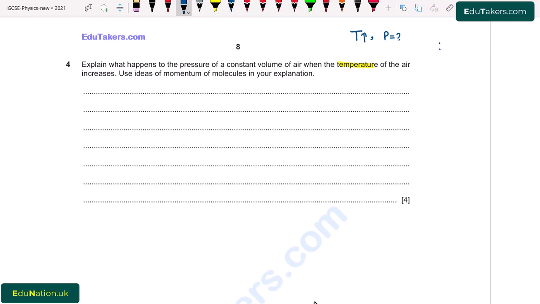So I consider that I have a gas and when I increase temperature, it means that I heat this, then its temperature increases. And when the temperature increases, then its kinetic energy also increases. And we know that kinetic energy is equal to half mv squared. With the increase in kinetic energy, the velocity of molecules also increases. So I write here velocity increases.